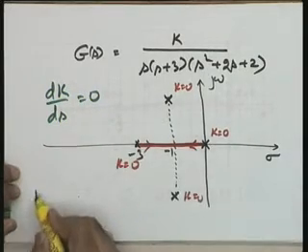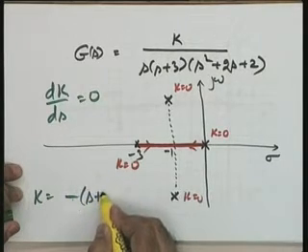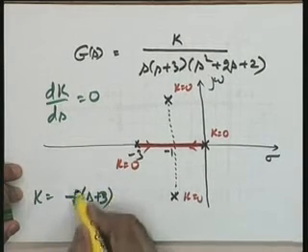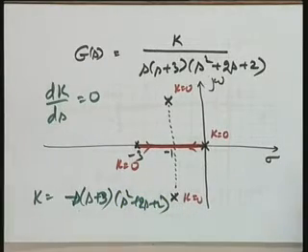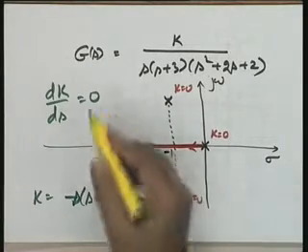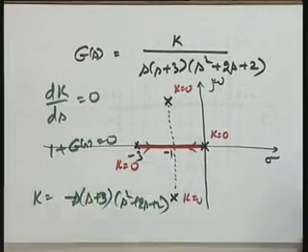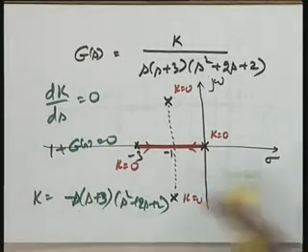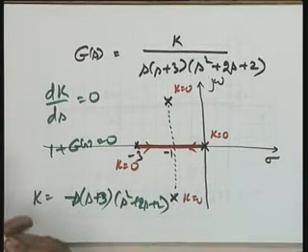What is k? K in this particular case is, minus sign you can take, but minus sign is not important, s into s plus 3, s squared plus 2s plus 2. This is your k. 1 plus gs equal to 0 will give you this value of k, taking all other terms on the other side. Now, you have to set dk by ds equal to 0.